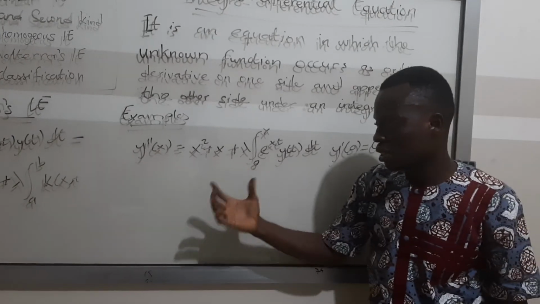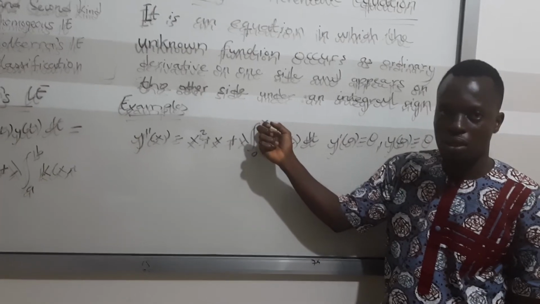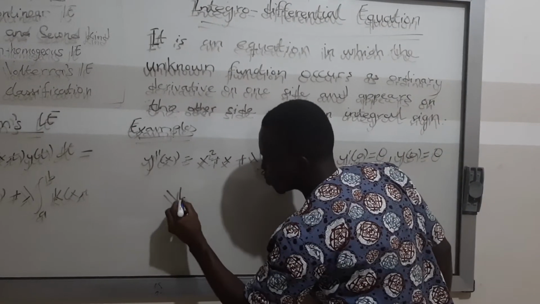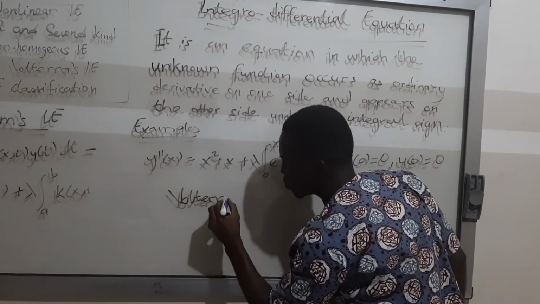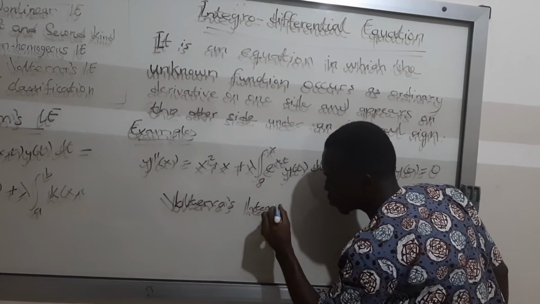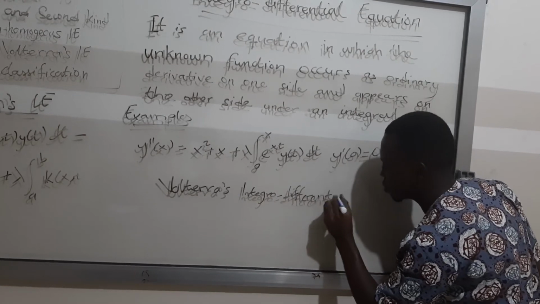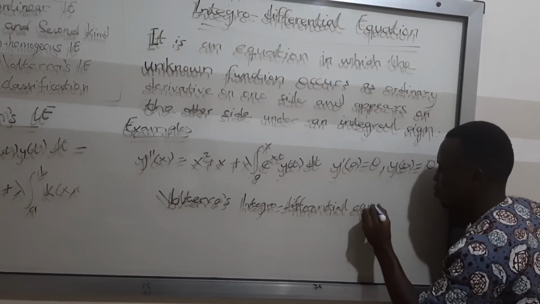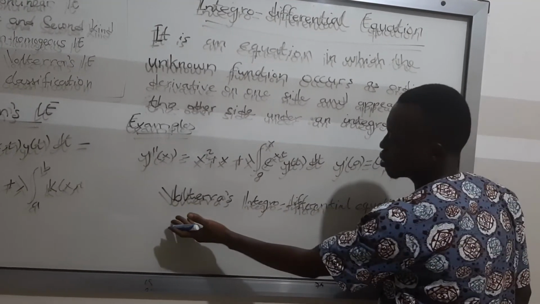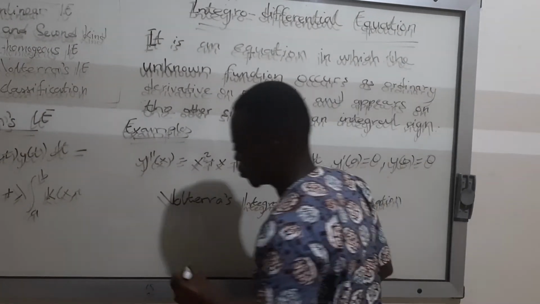Let's try to name this equation. You can easily see that our limits are from 0 to what? S. A constant to what? A variable s. So this is a Volterra. So we are going to name this equation as Volterra's integro-differential equation. Our last example is